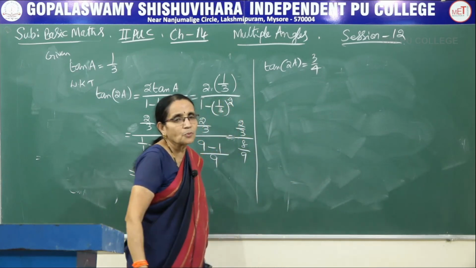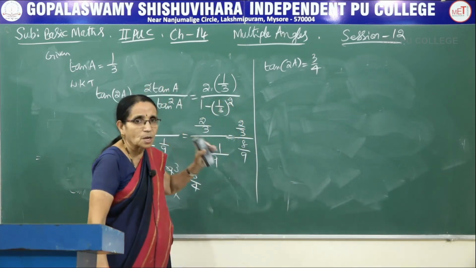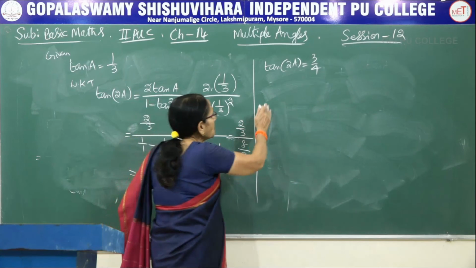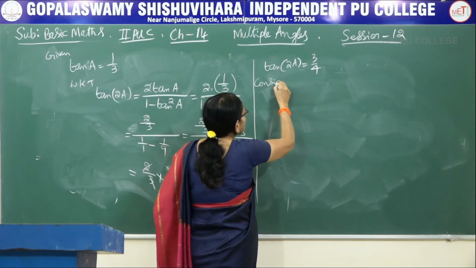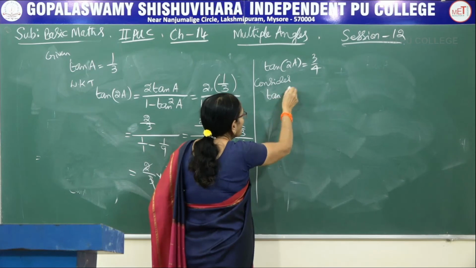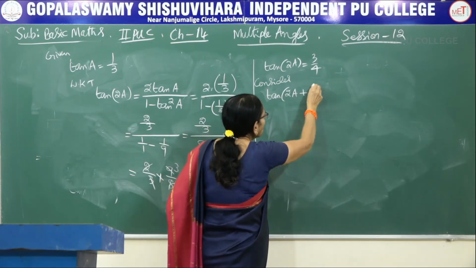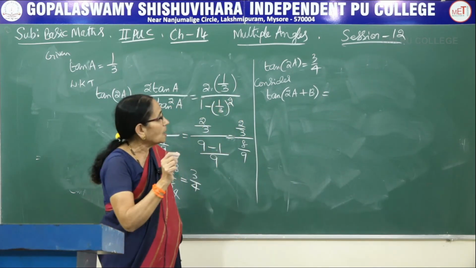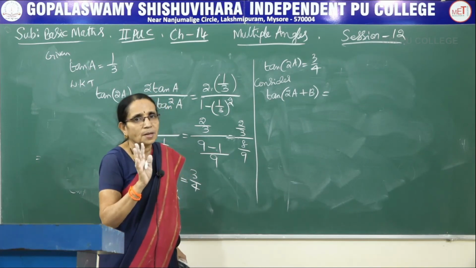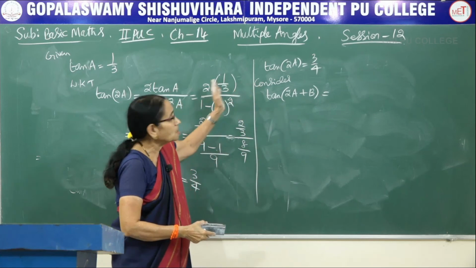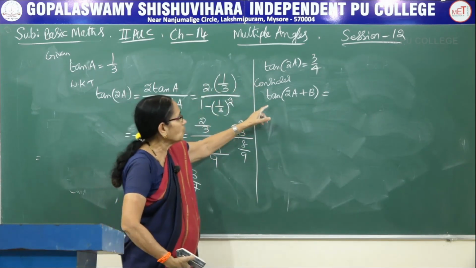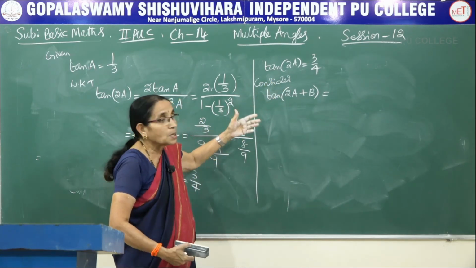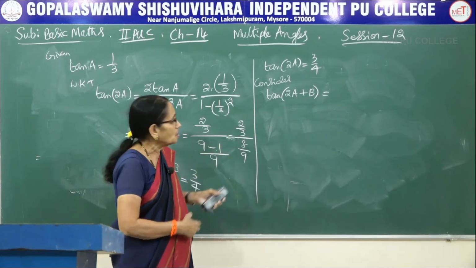So using the multiple angle formula for tan of 2a, because tan of a was given to us, we got the value of tan of 2a to be 3 by 4. Now consider tan of 2a plus b. Why am I taking tan of 2a plus b? In the problem it has been asked to show that the angle 2a plus b is equal to 45 degrees. I could have taken any ratio, but in this problem only tan has been given to us. Therefore, and because we already calculated the value of tan of 2a, I have taken the tan ratio. Depending upon the data, we have to take a particular formula.